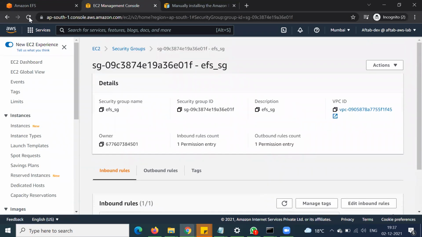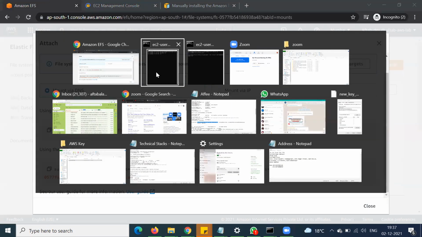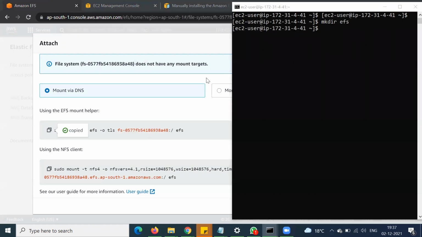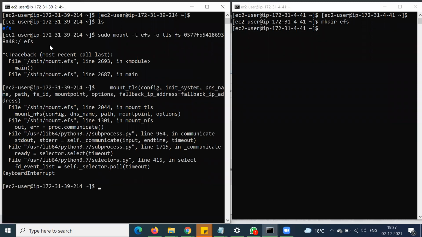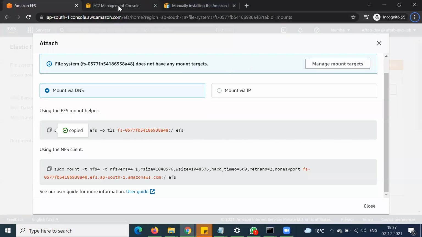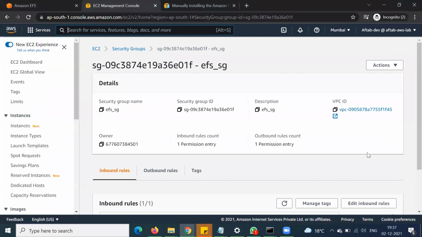We have attached it here, but we are not able to mount. Let's run this. Oh, there is some security group issue. Let me check this.